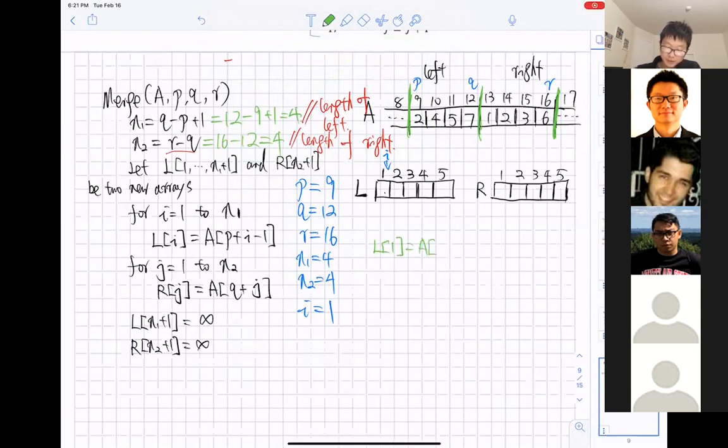Because we have P as 9, it will be 9 plus 1 minus 1, which is A9. Does that transfer the value from index P to L1? Yes, that's correct. So if we translate this statement in a better way, it would be L1 equal to A9.